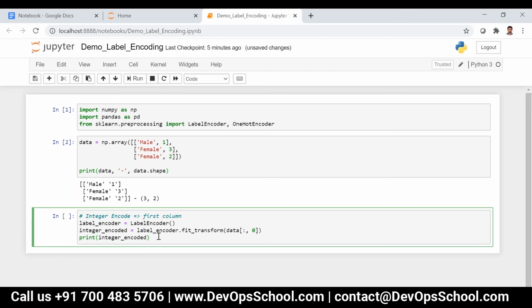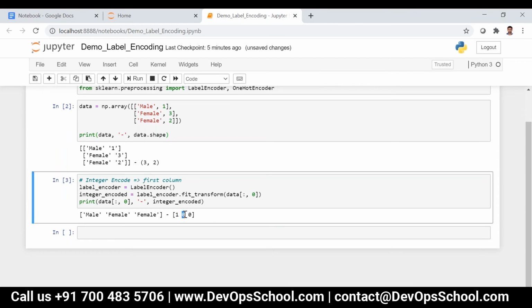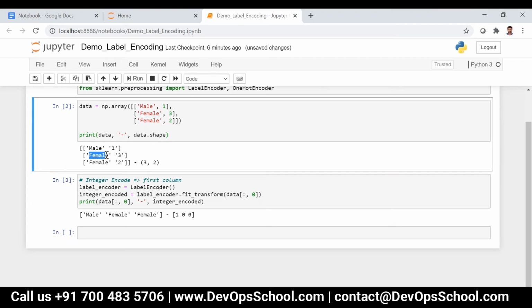So now if I print this particular column, this will print male, female, female, right? So now it will be encoded to 1, 0, 0. Understood? It will take the unique values, and if you take unique values, I have only male and female.